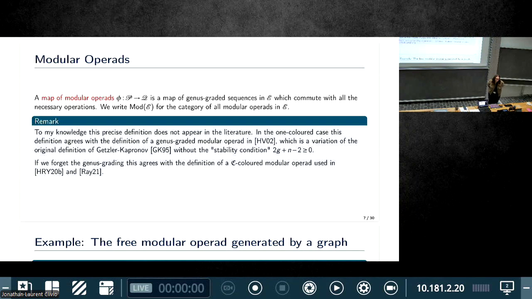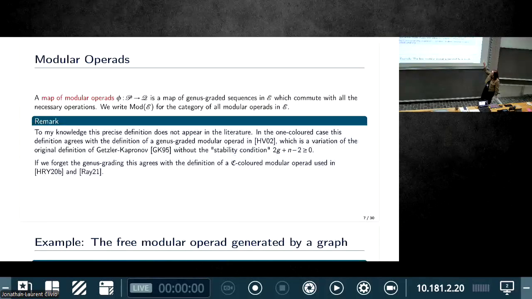All right, so a map of modular operads is going to be this map of sequences in E that can be with that. So as I was saying, one reason for all the examples is this is a blend of a couple of different definitions you'll find in the literature. So